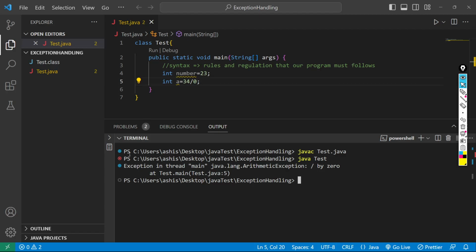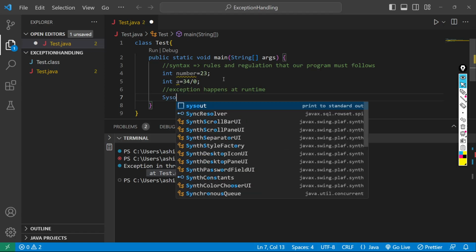And in which function has it happened? It has happened in test.main, that is, the Test class's main function is the place where this exception has arrived. So the one thing that is clear from this picture is that exception happens at runtime, right? And as soon as any exception comes, your main program terminates its execution, right? So step by step it was executing its statements, but as soon as an exception occurred, it will definitely stop